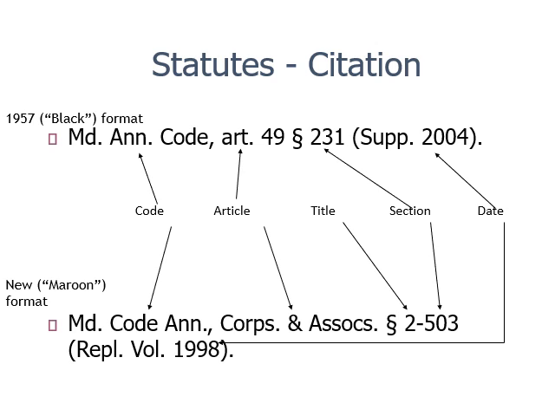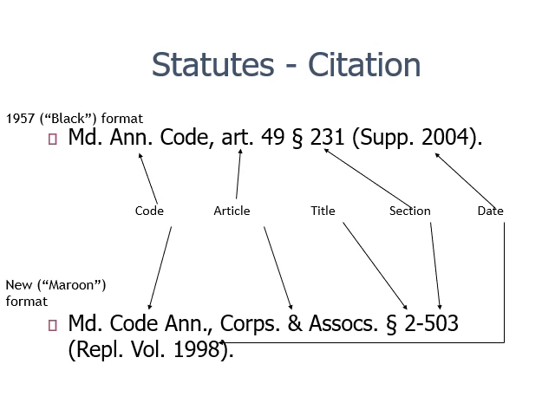You follow that by the section symbol, a space, and then 2-504. Well, what's this 2 and a dash now? Well, here now we have a title and a section. The title will relate to the organization of subtopics, and then the section will be on a specific topic. So look for 2-503. Again, I've provided a date in parentheses, but we've got another abbreviation here. Well, what's that? REPL period VOL. What does that mean? Well, that's a replacement volume.